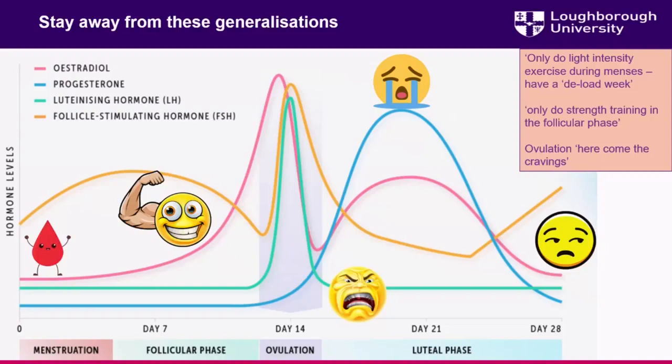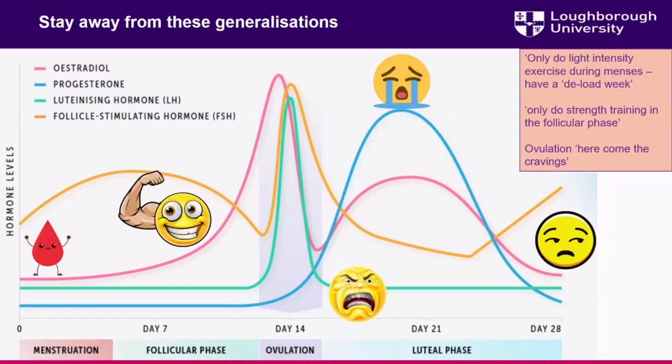Some of these assertions, like only do strength training in the follicular phase, have good backing in terms of why that might be the case, with testosterone levels a little bit higher and estrogen building, but actually experimentally they don't have an awful lot of robust evidence. And sometimes they do have good, robust experimental evidence, but I would just say be cautious with using things like this. I can't remember what I actually typed into Google to get this to come up, but it's a good idea of what people sometimes say is happening to all women,